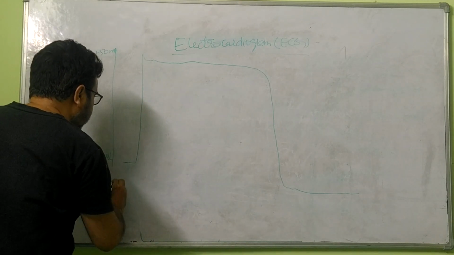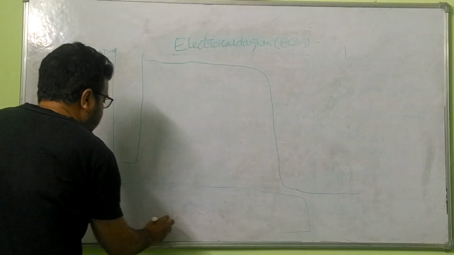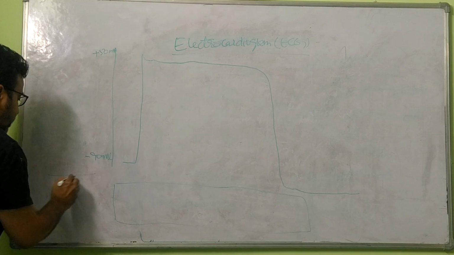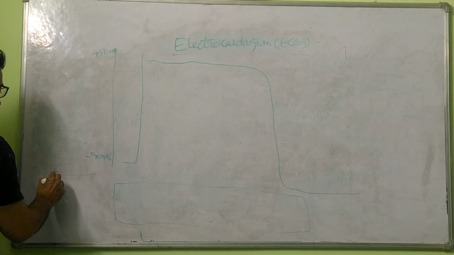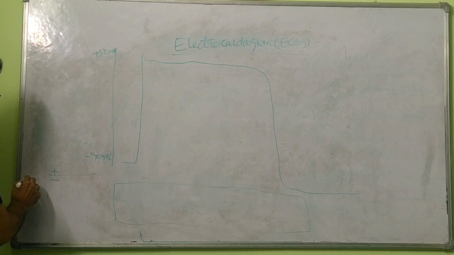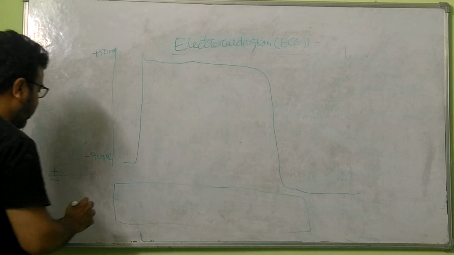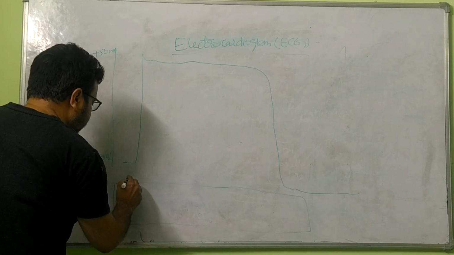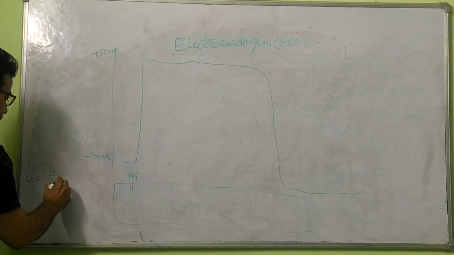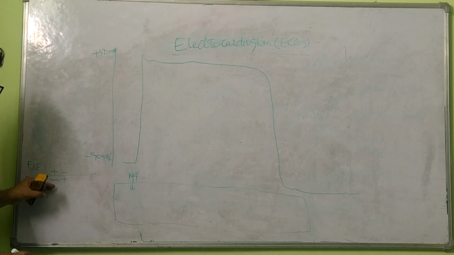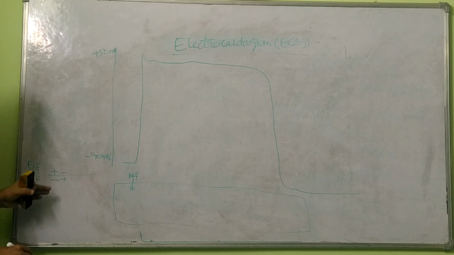So how is this peak possible? We can understand it through the ionic exchanges. Before the peak, the resting potential is the polarized state, negative inside and positive outside. So it is inner cellular fluid, and it is outer cellular fluid or extracellular fluid. So here outside the membrane is positive, inside the membrane is negative, and when there is a sodium ion entry, this reversal of polarized state takes place, and it becomes positive inside and negative outside. So this is called